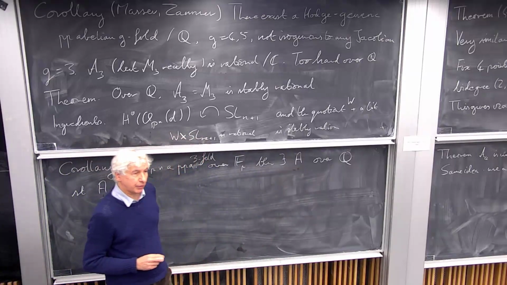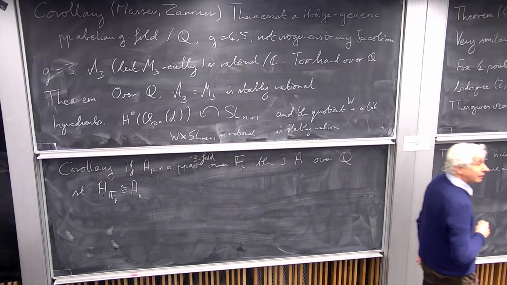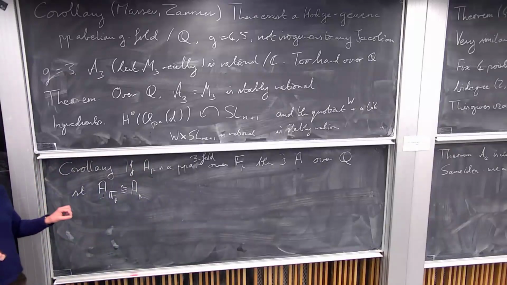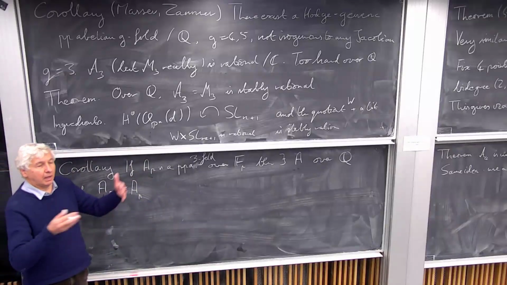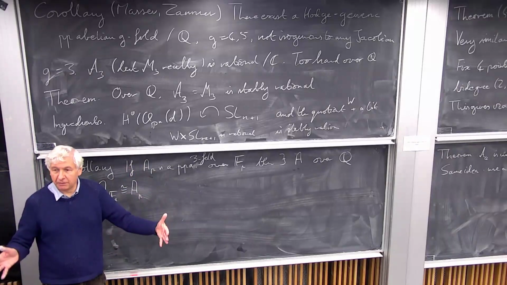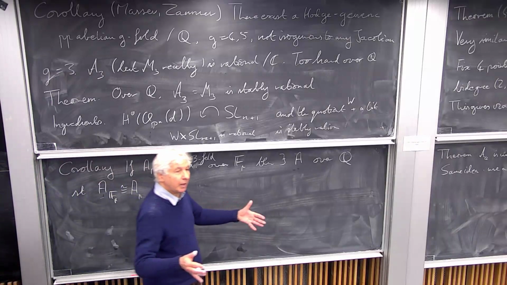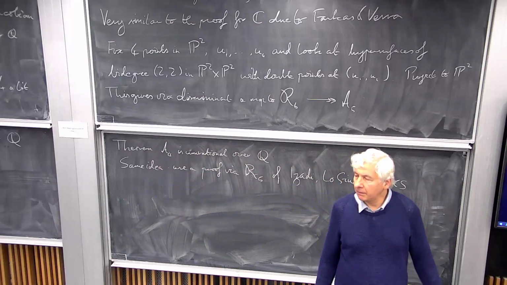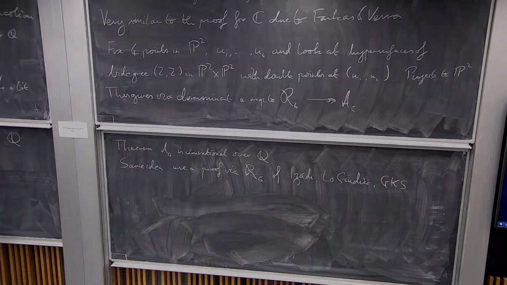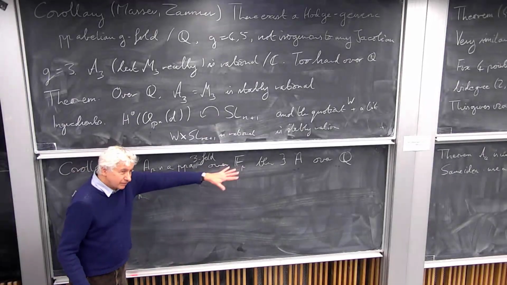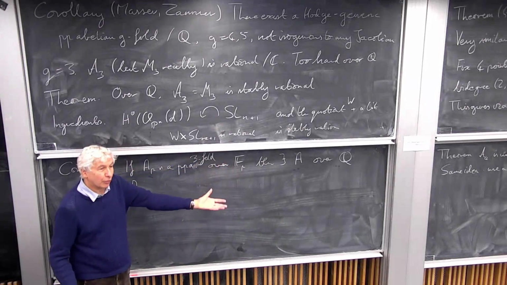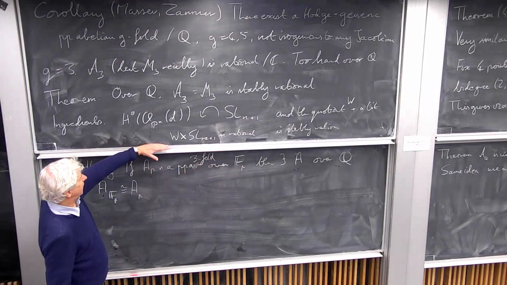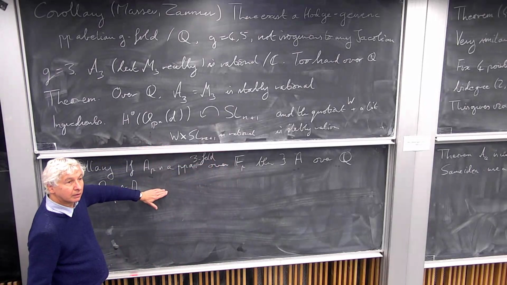Now, there's no chance of doing this for large dimension, because the rational points should live in some small subvariety. If you believe the Bombieri-Lang conjecture, then if g is large, the moduli spaces are of general type, so the rational points over Q should live in some subvariety somewhere. The points in characteristic P, of course, are all over the place. So there's no chance of this working in general, but stable rationality is enough for this.